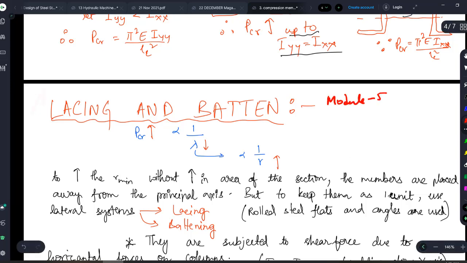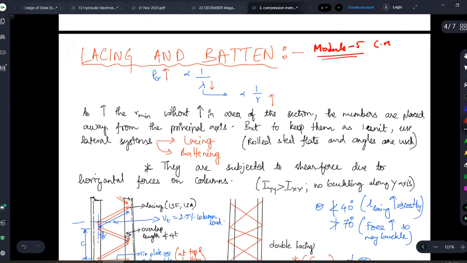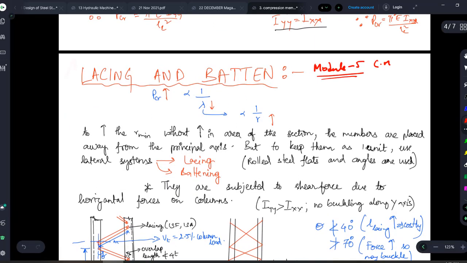Let us continue with module number 5 of our compression members. I hope you are enjoying this topic, right? So today I am going to teach you a very important topic, especially for objective purpose, and this topic is